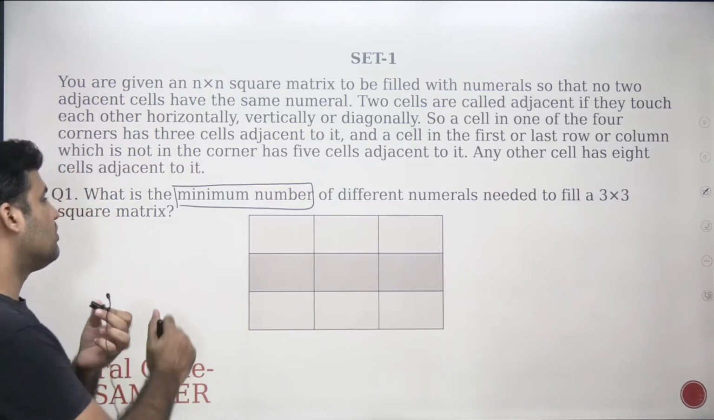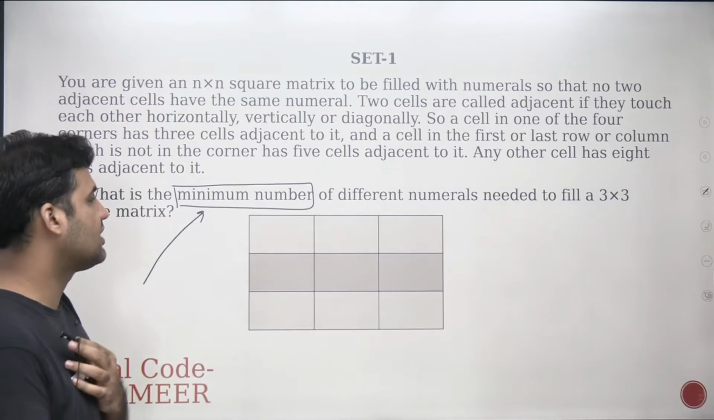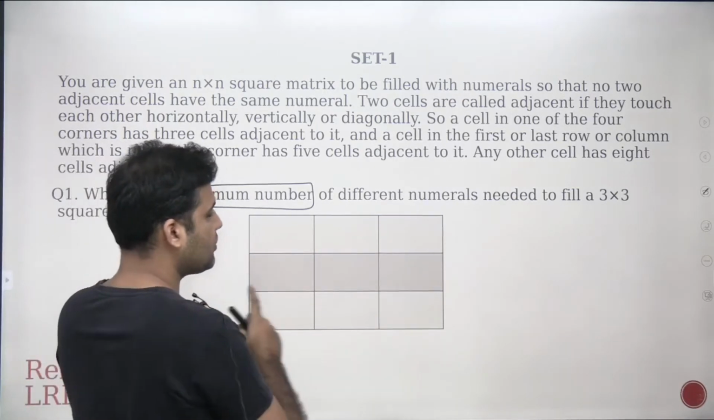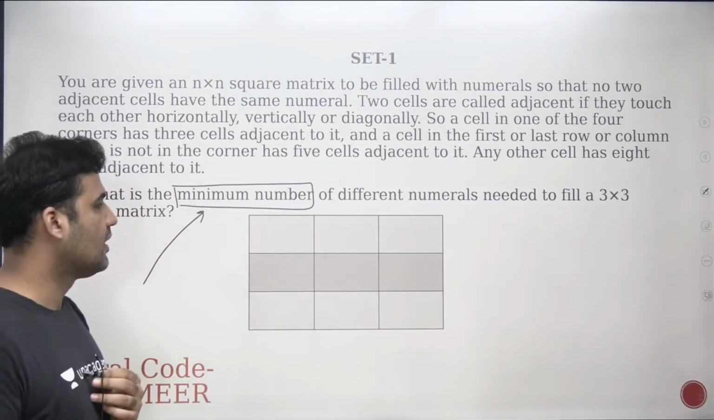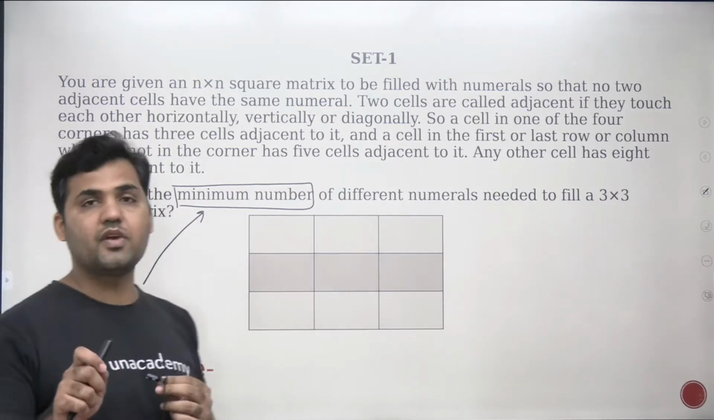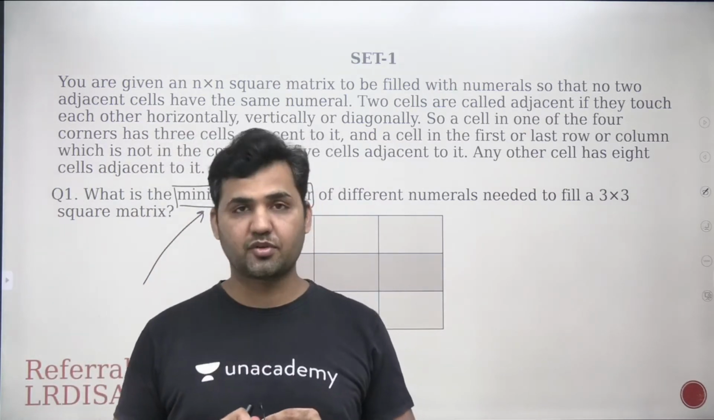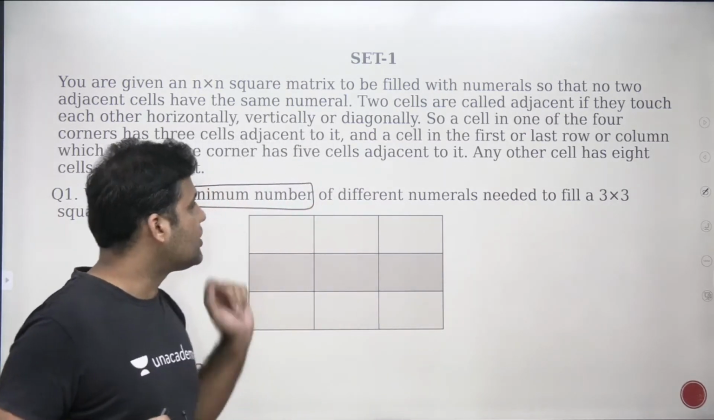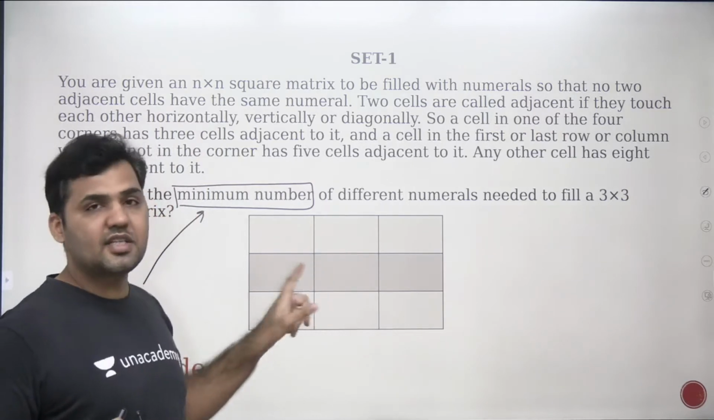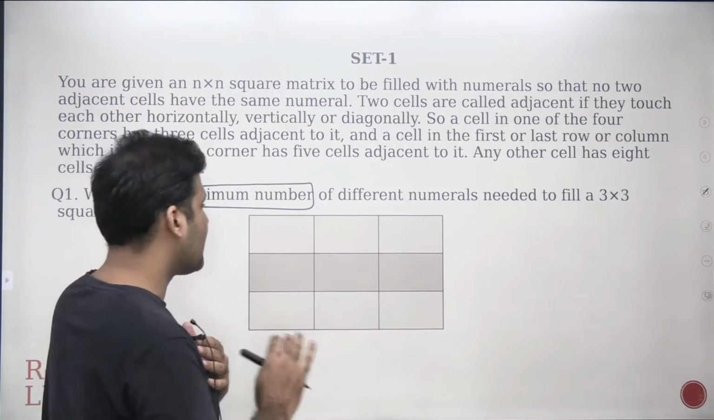See, I need to minimize the number of numerals. I need to minimize the number of numerals that is needed to fill a 3 into 3 square matrix. Now, if I want to minimize the number of numerals, I will try to fill a single numeral at as many places as possible. And the condition is two adjacent cells should not have the same numeral. So whatever number you choose,